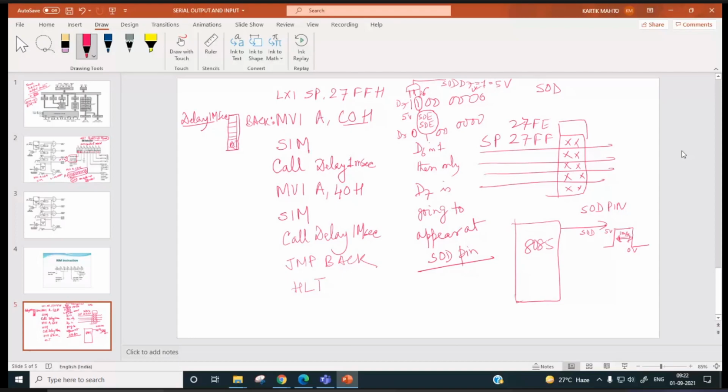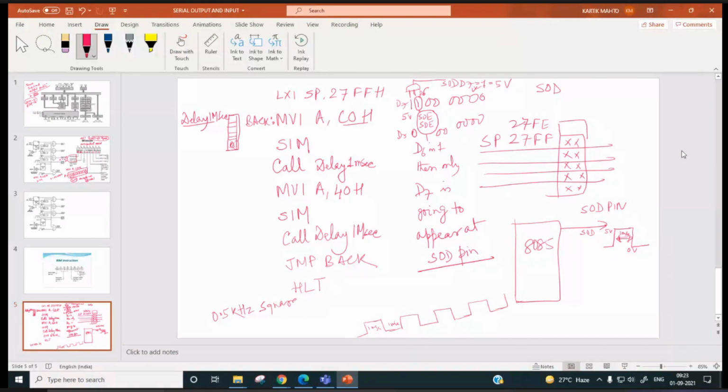It will generate a 1 kilohertz square wave at the SOD pin. This will be 1 millisecond, and this will be 1 millisecond. No, 0.5 kilohertz, sorry. It will generate a 0.5 kilohertz square wave.